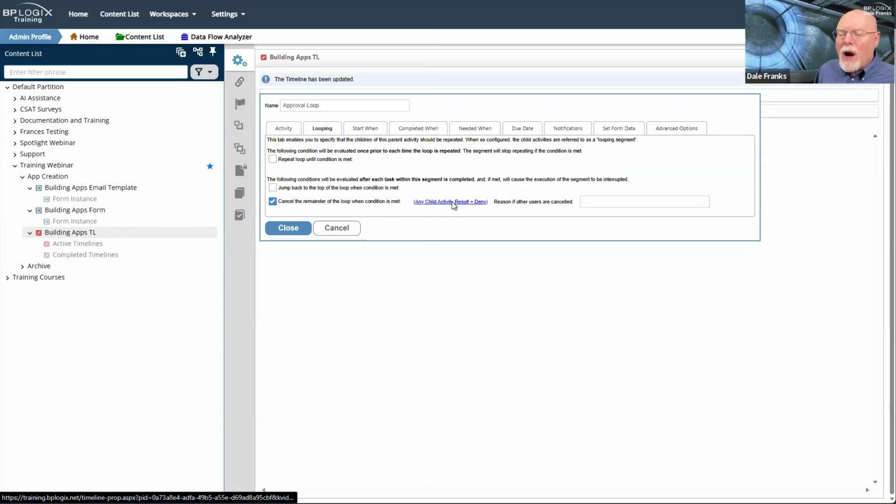So my child activity result equals deny. The loop gets canceled. And no matter where I am in the loop, you can have 30 steps and I might be on step 1, but if I hit deny, the other 29 steps don't happen. I exit the loop immediately. And that's fine. That's exactly what I want to do.